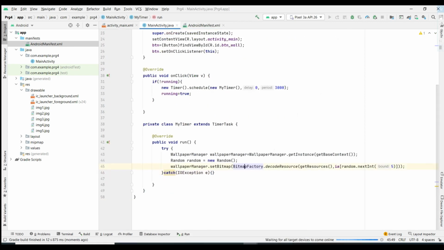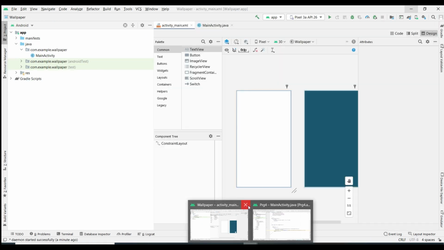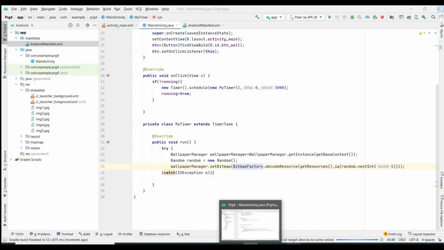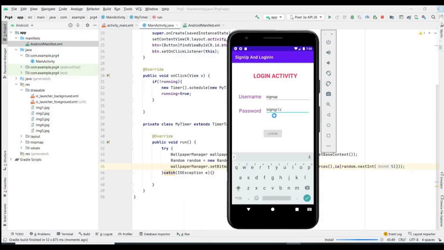Now we will run that application. So this is a simple application with a button, click here to change wallpaper. So let us get this emulator. I have just run that and it is installing.